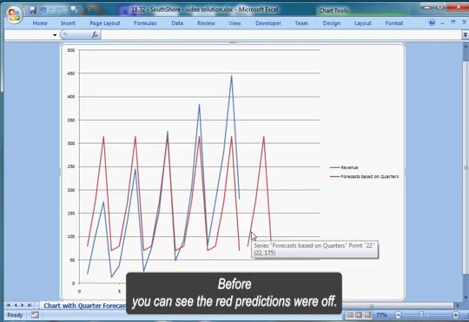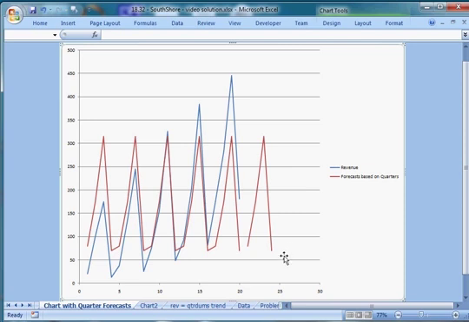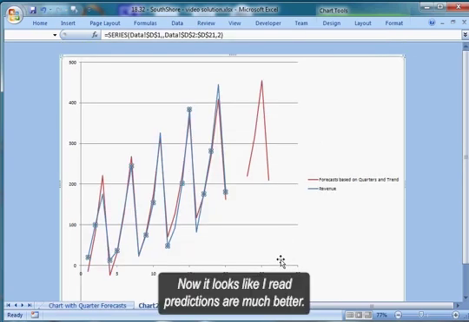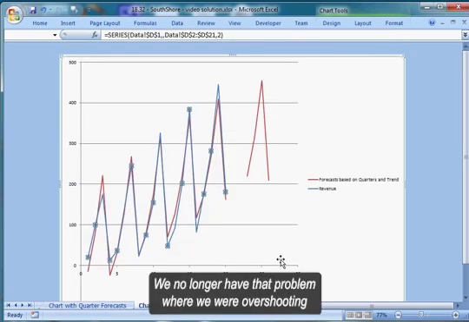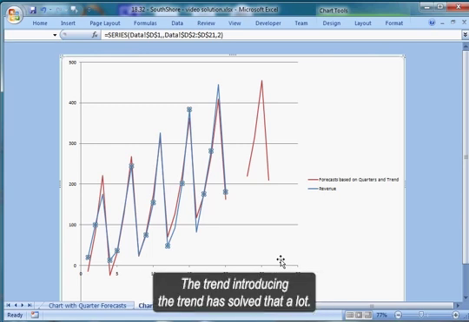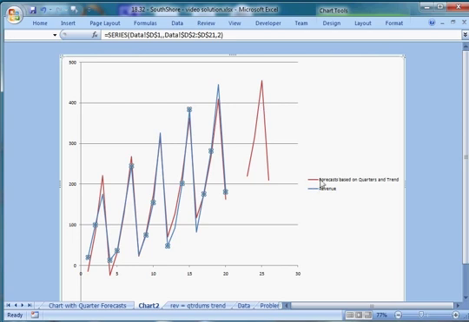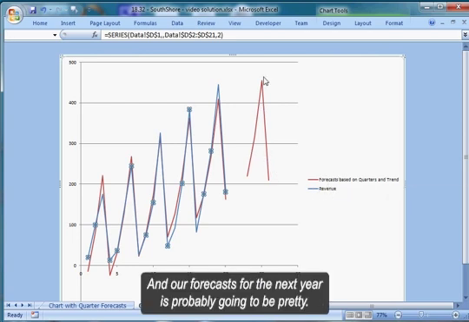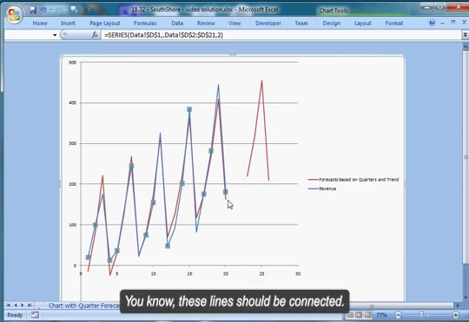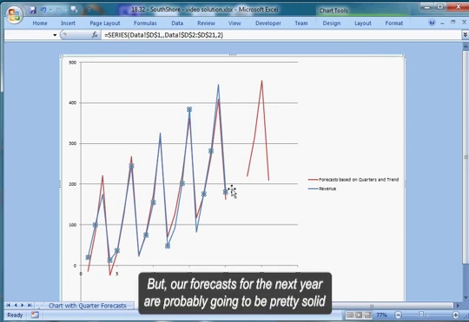Before, you can see the red predictions were off. Now it looks like our red predictions are much better. We no longer have that problem where we were overshooting at the beginning and then undershooting at the end. Introducing the trend has solved that a lot. So that's good. And our forecasts for the next year are probably going to be pretty solid